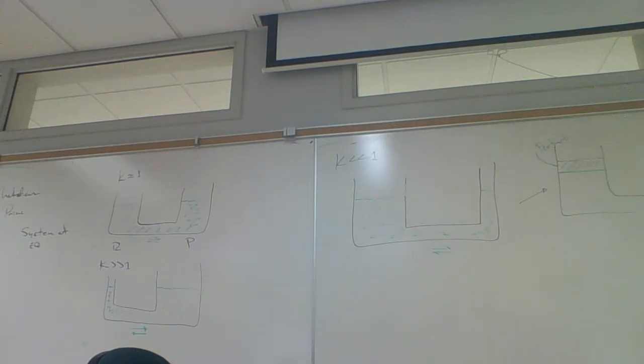What that's going to do is shift it. So rather than having equal rates, there's going to be a net transfer here. The rate forward is greater than the rate reverse, so I get a net forward. We're going to reestablish equilibrium. However, the equilibrium is going to be different than the original equilibrium. And so what's going to happen to the left side? Well, the left side is going to